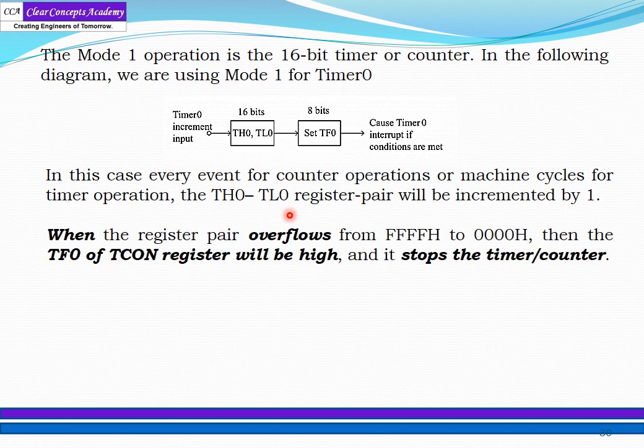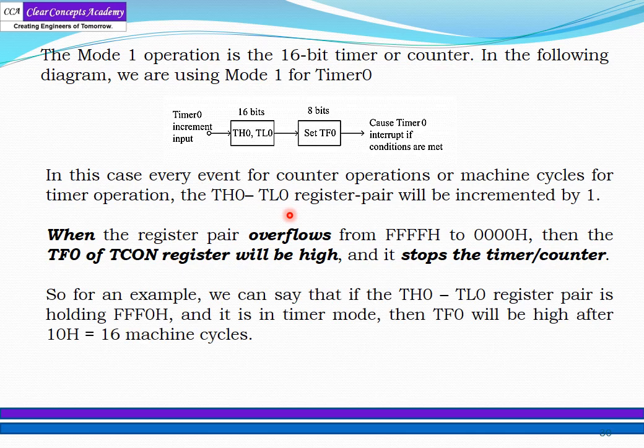When the register pair overflows from FF to 00, the TF0 flag of the TCON register goes high, and it stops the timer and counter. It stops the timer and it will jump to the ISR to attend the interrupt service routine. So, for example, we can say that if the TH0 TL0 register pair is holding F0 hexadecimal and it